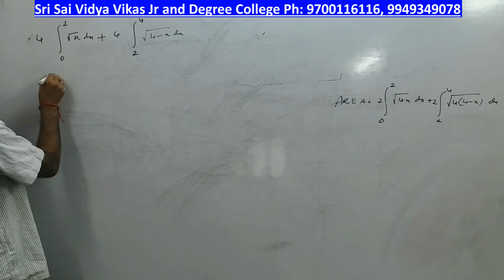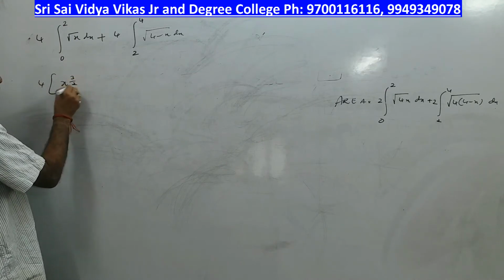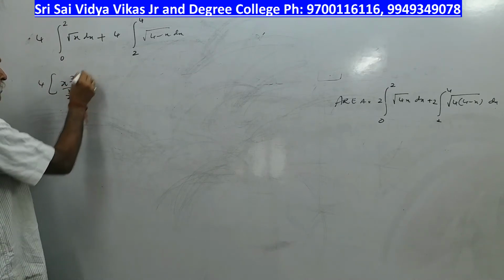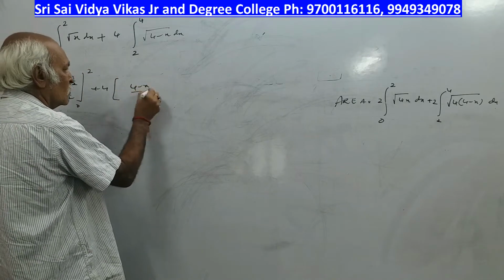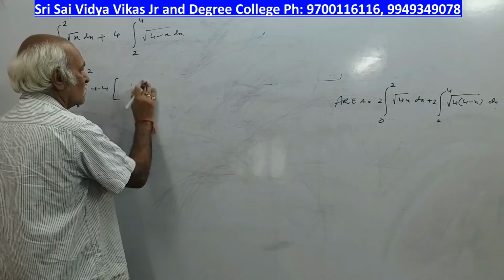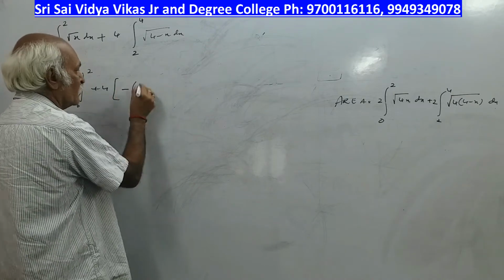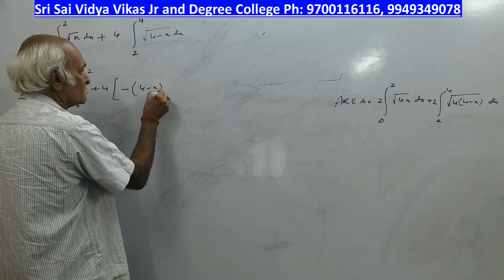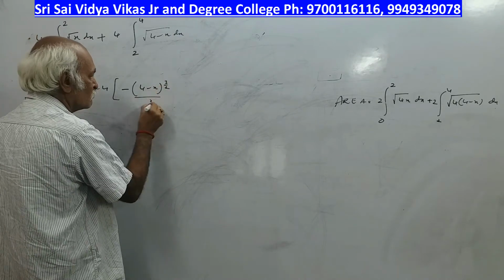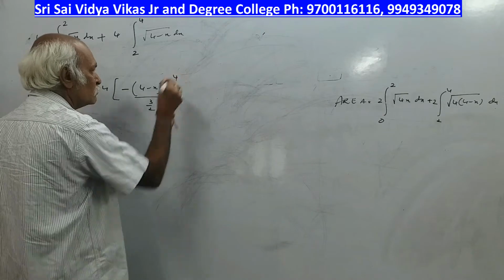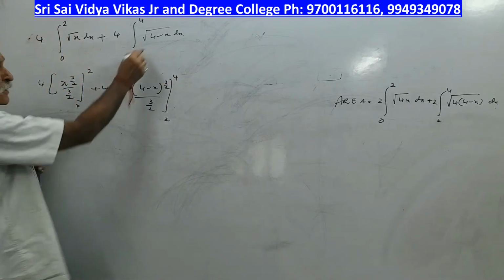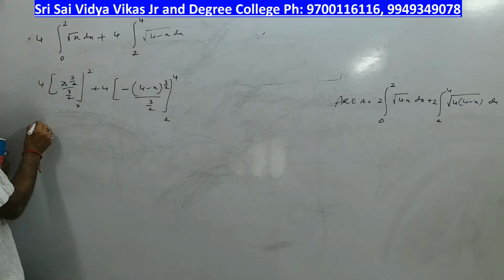So 4 into integral 0 to 2 plus 4 minus of integral 2 to 4. So why minus sign is coming? Because minus x is there. So 4 into